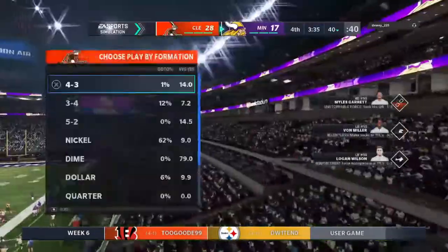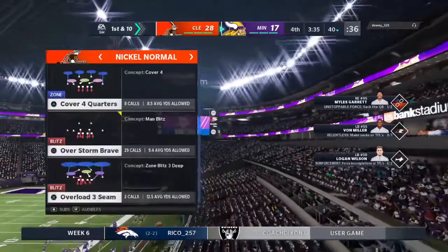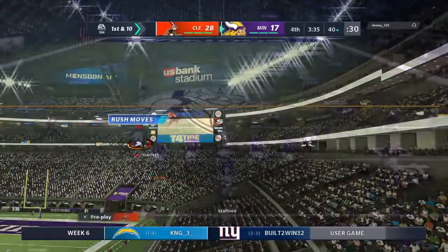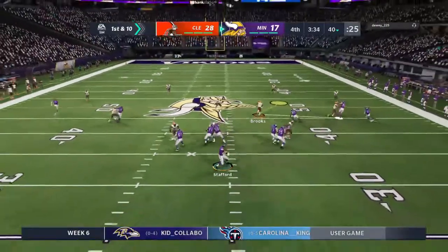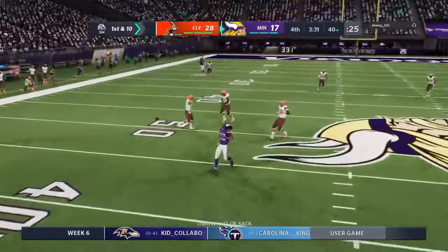Found good room to run there. Returns at 14 yards. And that will come the offense as they take over. The Minnesota offense about ready to get this next drive underway. Their defense was able to force the punt. That's the good news. But this is still a 2-score game, and they need points on this drive and in